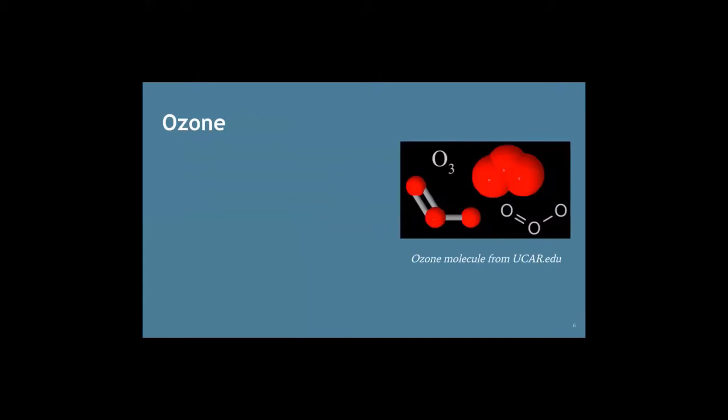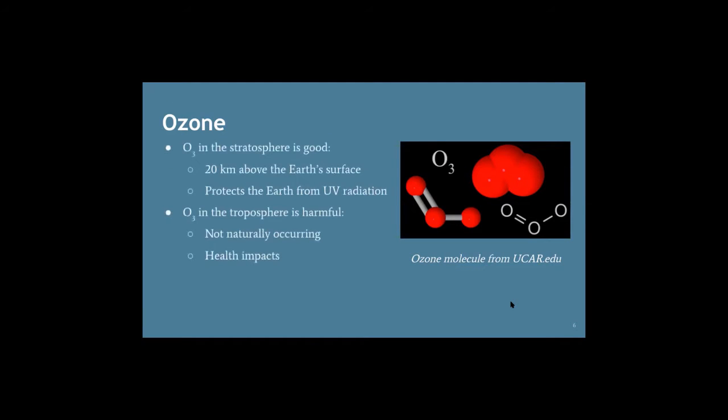Now, to avoid any confusion, allow me to specifically define the problem this project is addressing. You might have heard of ozone before, and if you have, you might be slightly confused. After all, isn't ozone good? Doesn't the ozone layer protect the Earth from the sun's ultraviolet rays? Well, yes and no. Ozone located in the stratosphere is good. That is the layer of Earth's atmosphere located about 20 kilometers above the Earth. That ozone protects the Earth against the ultraviolet radiation from the sun, but that's not what we're talking about.